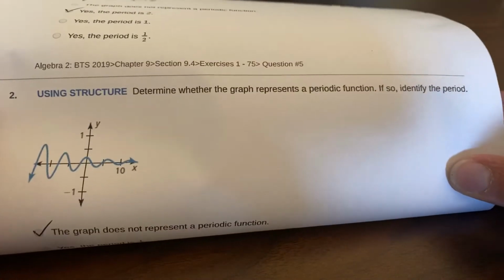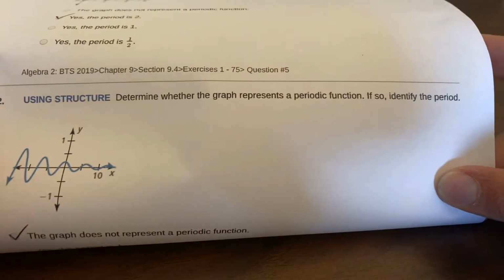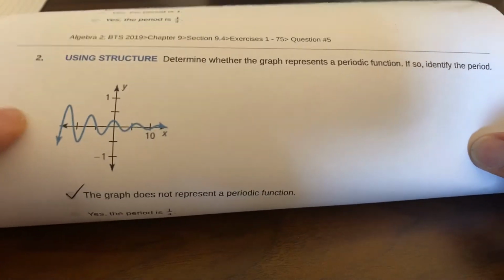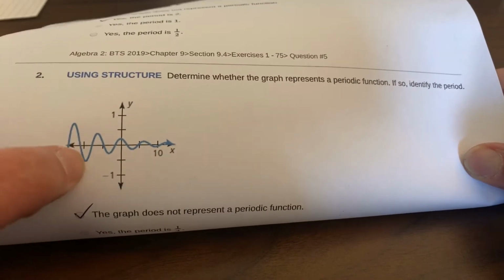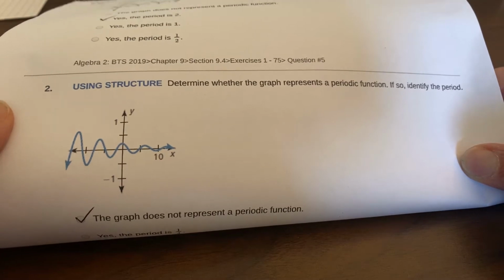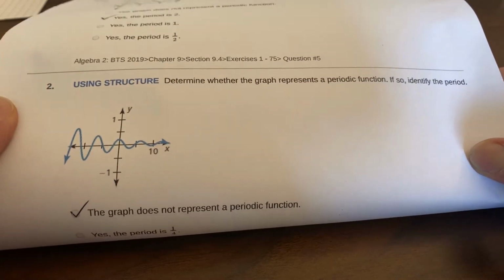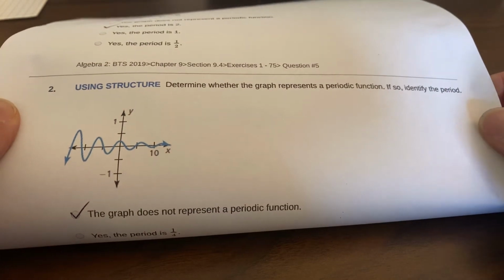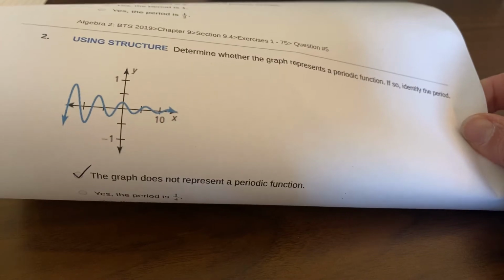The next question was similar. Determine whether the graph represents a periodic function, and if so, identify the period. And we have this wavy function, but it gets smaller and smaller and closer to 0. And so this does not represent a periodic function. And most of you had no problems with that. Let's move on